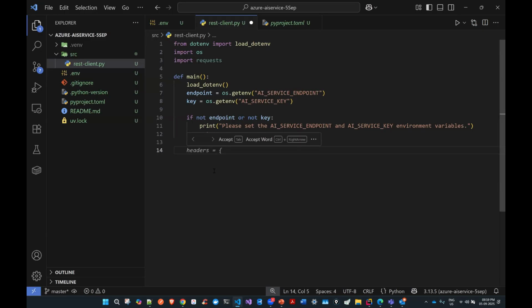So I'm putting here input text. Let me get the input from the end user. I'm just asking, enter your text.